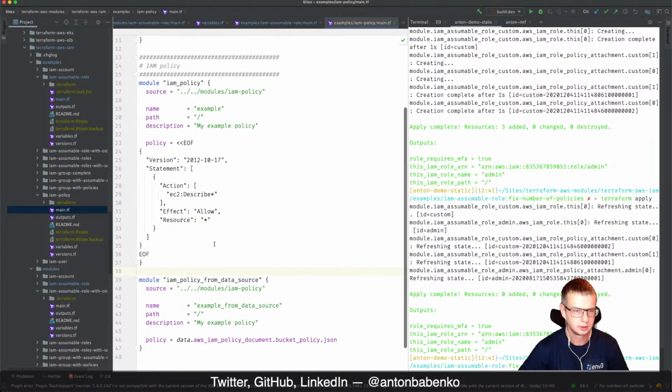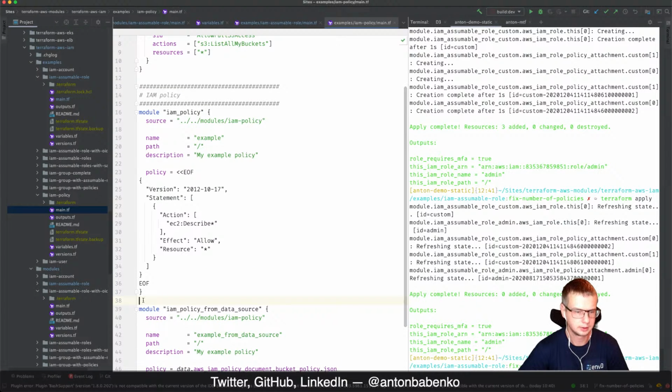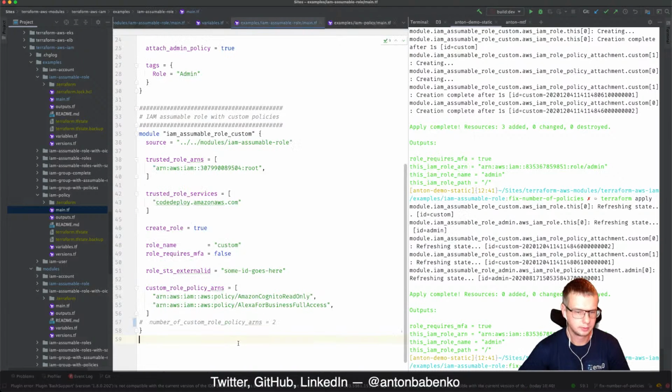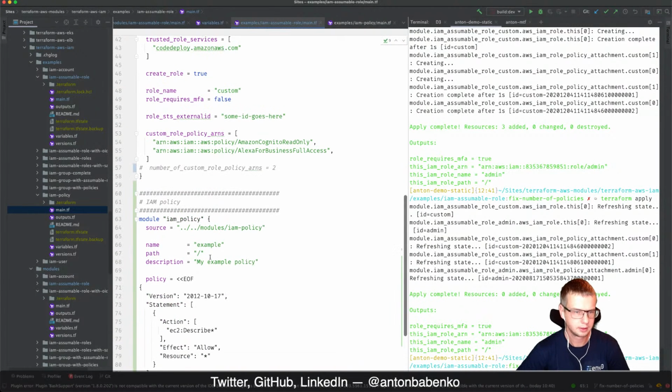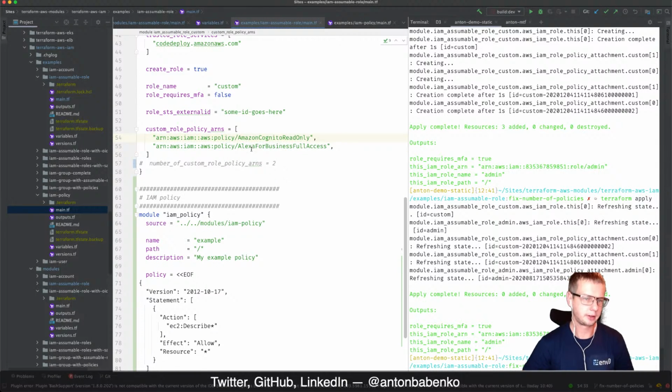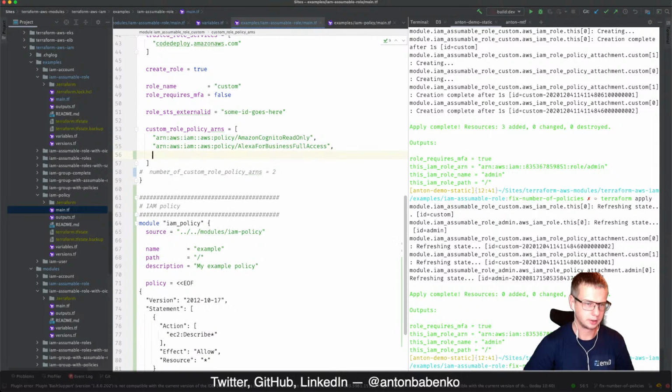Policy from data source. Well, this is a good policy. Okay, so what I want to do now is use not a fixed list of IRNs, because that was always working. Now let's verify that the module policy IRN can also be sourced